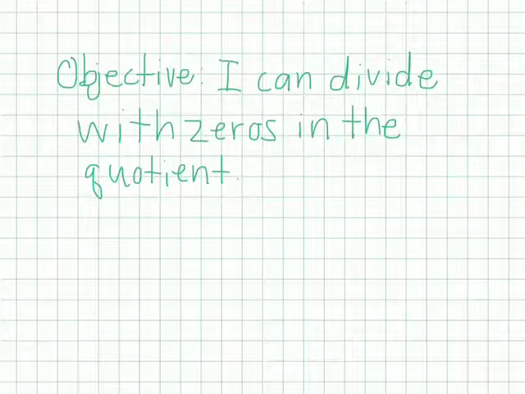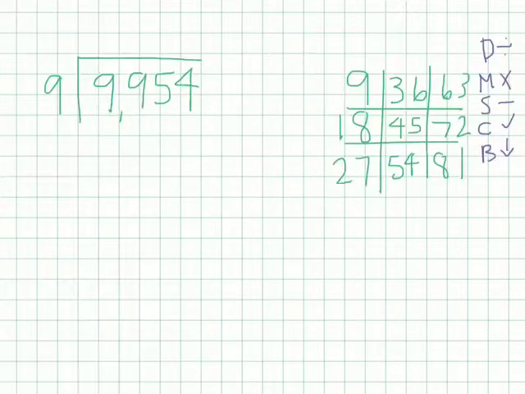Today, our objective states that I can divide with zeros in the quotient. So, let's get started. I have already set up my problem. I have my dividend here, I have my divisor here. I have already filled out my tic-tac-toe with my count bys, my multiples of 9, and I have my steps